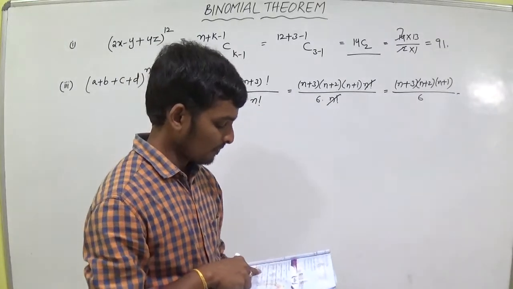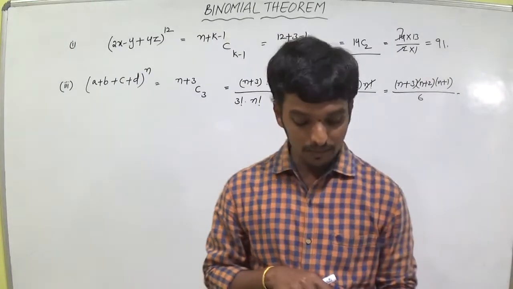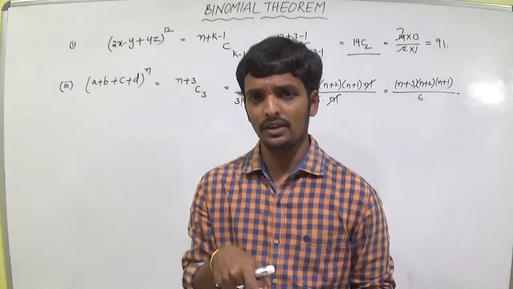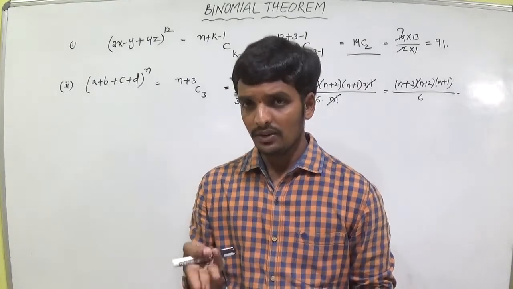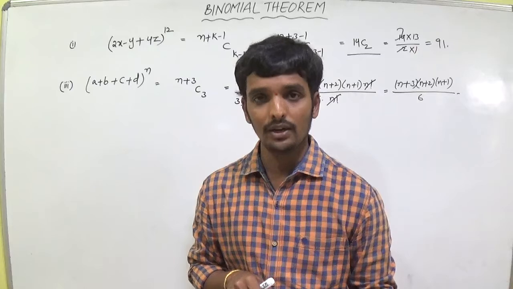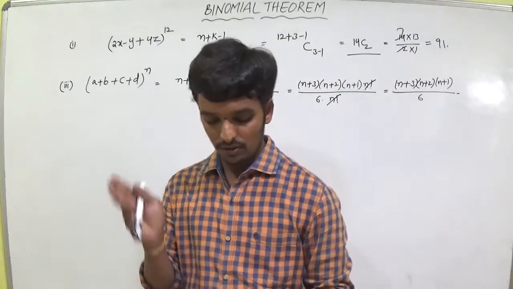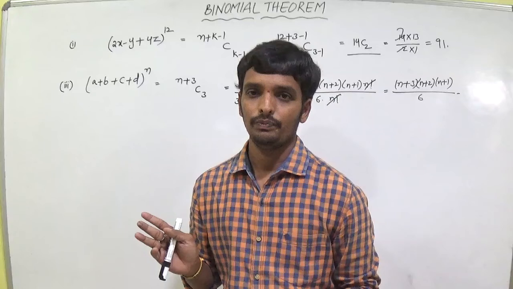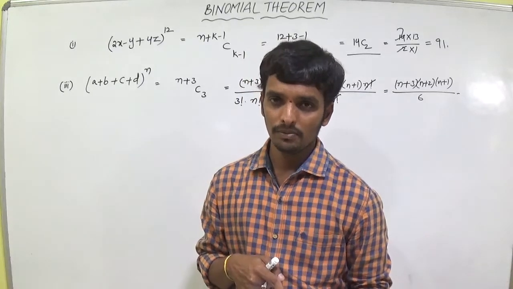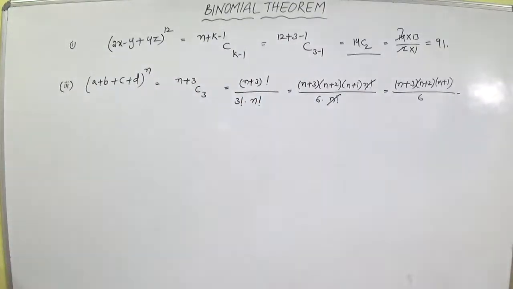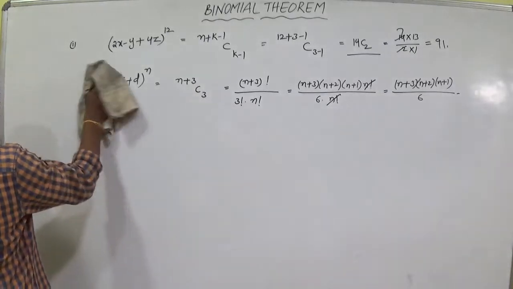So the next one, fourth question. The total number of terms in the expansion, they are giving. You can find. They are giving n value is n. k value is 1, 2, 3, 4, 5. So n plus k minus 1 C k minus 1, you can use the formula and get the answer. Are you okay? Can you do the fourth sum? Yes. So I am explaining the fifth problem now.